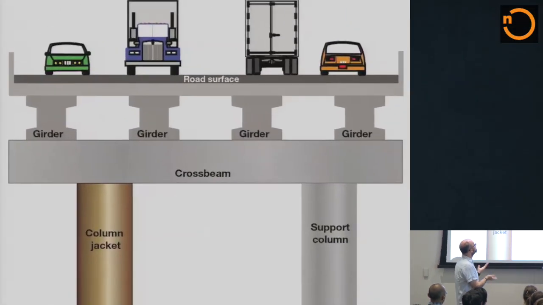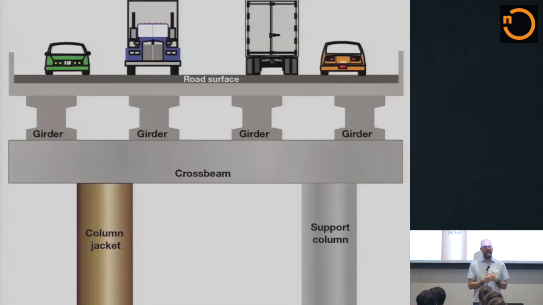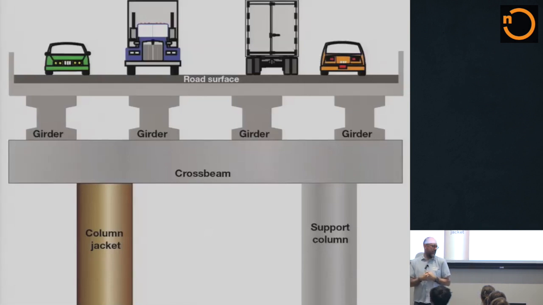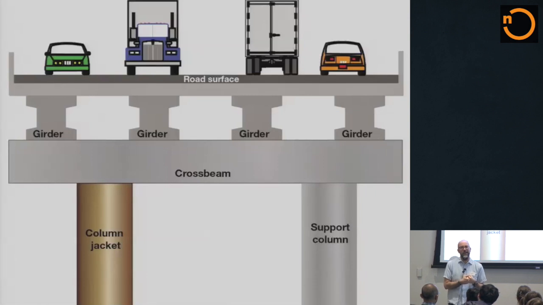The support columns below the crossbeam of this road bridge have been put in what's called a jacket. The reason it's called a jacket is because when they made the columns, they were hollow. Why were they hollow? Because it was cheap to make a hollow concrete column. What's the one little problem with hollow concrete columns? One little earthquake, they go. So what's the solution? You wrap them in these metal jackets so that the metal keeps the column from popping. It's actually cheaper to do this than it is to replace the columns.